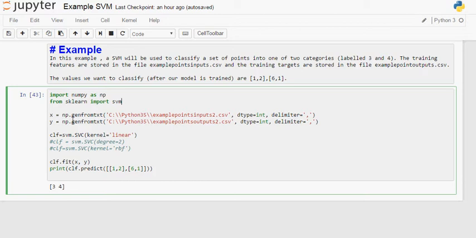In this case, we don't need to do any slicing, but just in case in the future we need to do slicing of the input data to get it into the format, get rid of columns that we don't need, and so on. Okay, so we get our x values from the example inputs 2, y values, for example, points output 2,